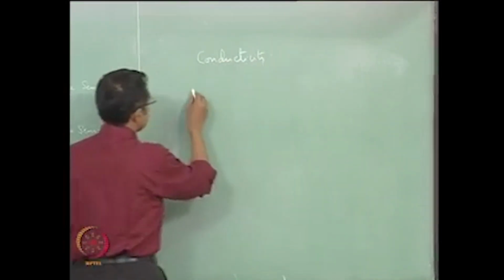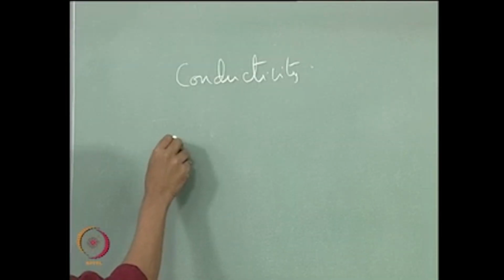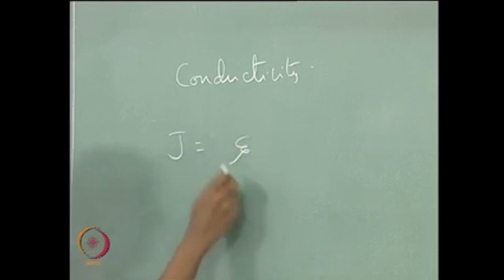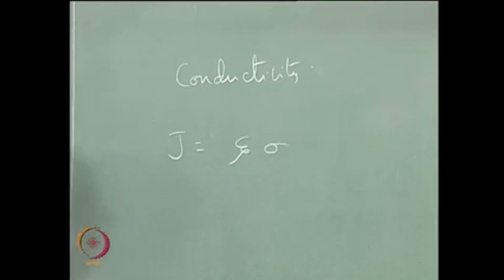we originally wrote the flux of current, or the current density, J, as simply the conductivity sigma times E. So this flux of current is also the number density of the charge carriers times the charge that is being carried times the velocity with which they are moving. Let us say that is the drift velocity, so N E v_d. So this is also equal to N E v_d,